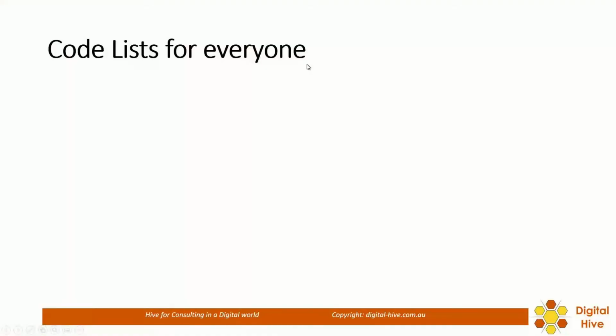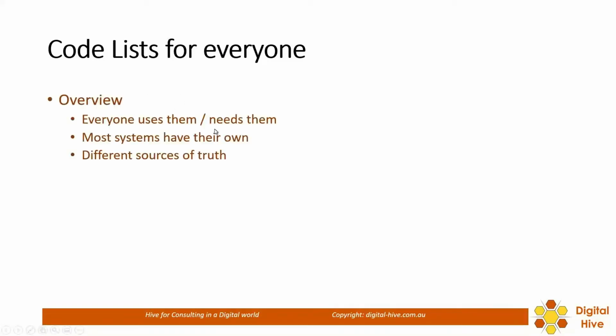George mentioned earlier on that we were talking about code lists for everyone, and George has obviously explained what he means by that. So everybody needs code lists, and most systems will have their own, and very often there'll be different sources of truth for those code lists, which in this kind of environment can become quite confusing and difficult, because it actually creates confusion for people. Right, I feel like I hear a little bit of an echo. Anyway,